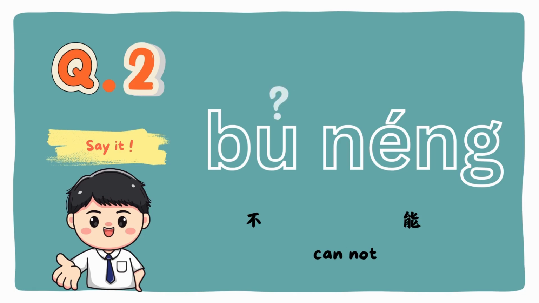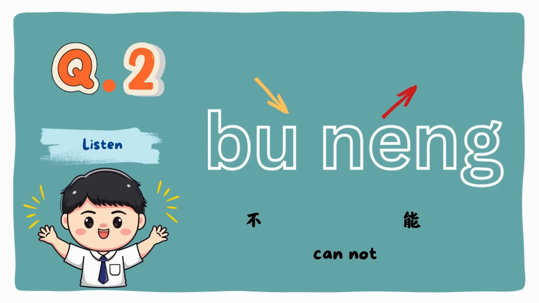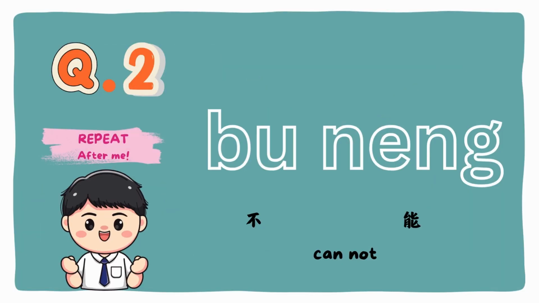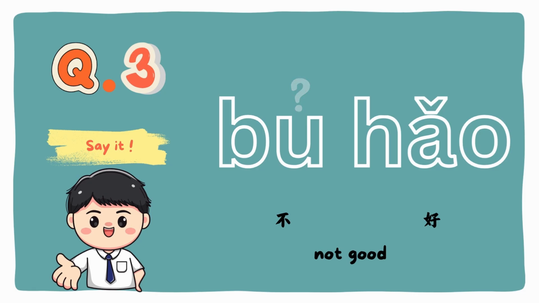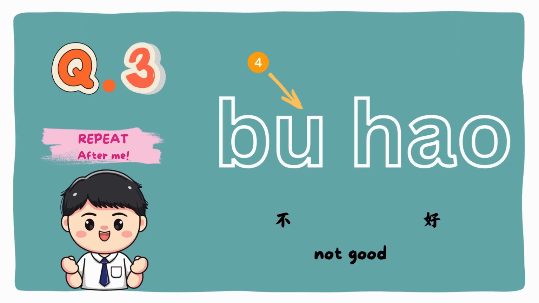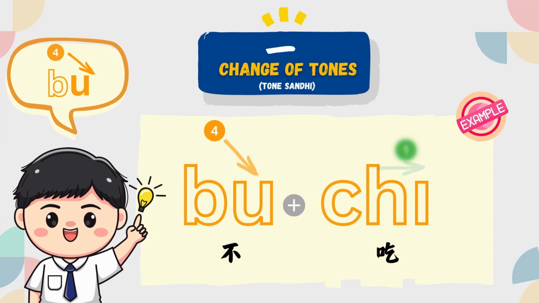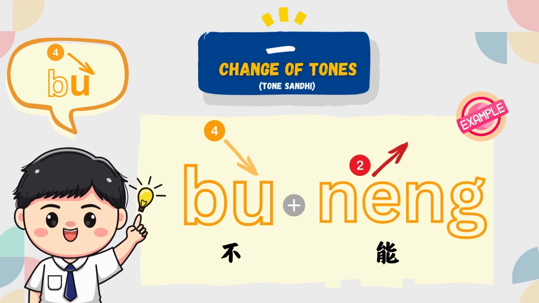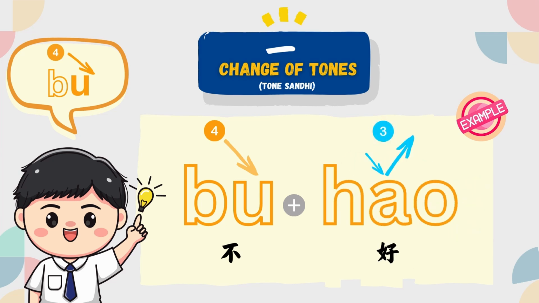Next. 不能. Next. 不好. So far, what are the tones of 不? Yes, they should all be pronounced with the fourth tone, as each of them is followed by the first, second, and third tones. Last but not least, we have